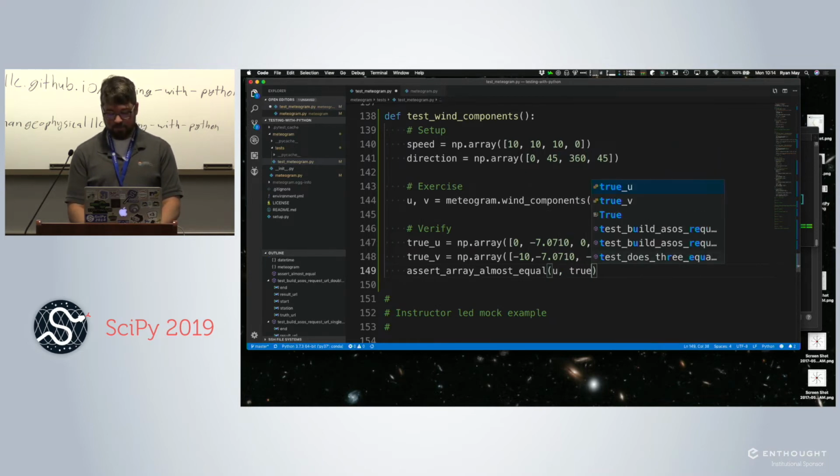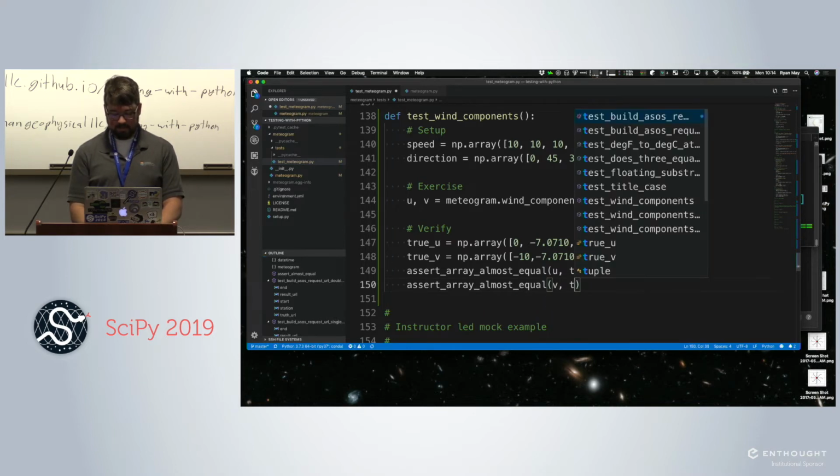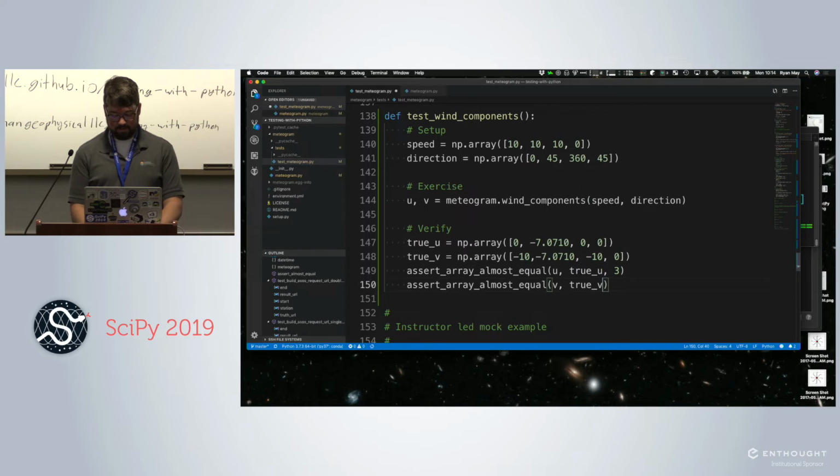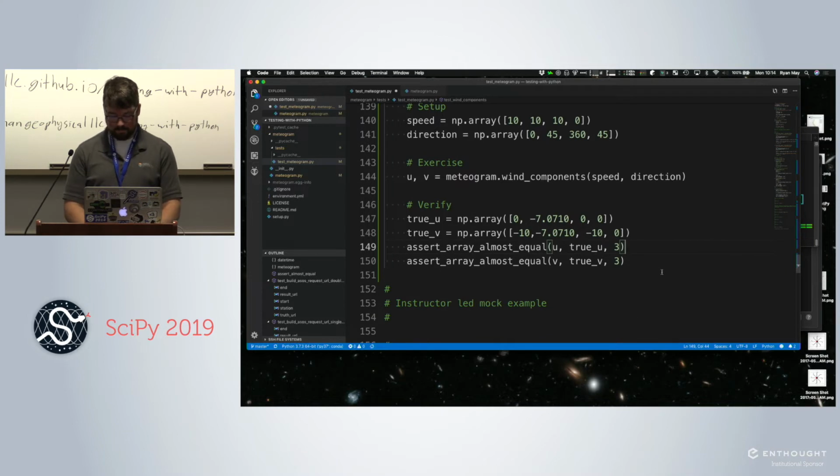So U, true U, and let's go to 3 places after the decimal. Assert array almost equal V, true V, to 3 places after the decimal. Our last step of our 4-phase test pattern is cleanup, and there's none.